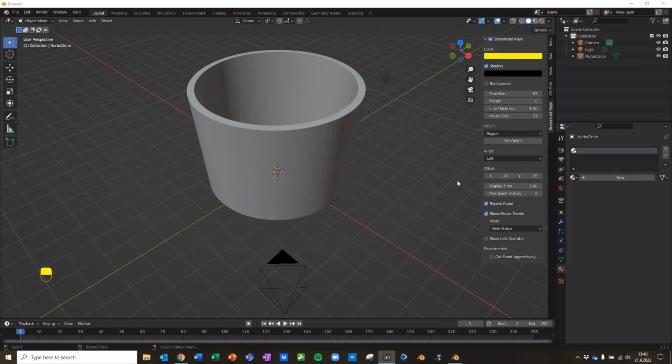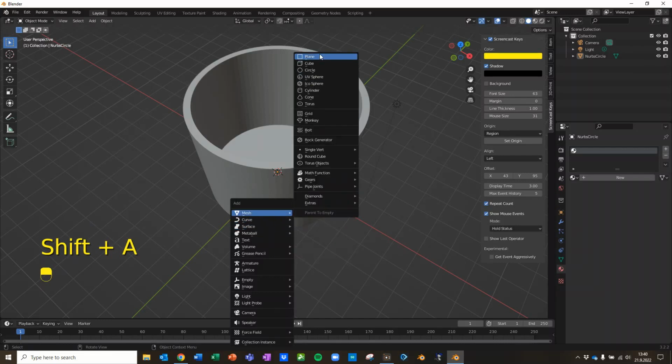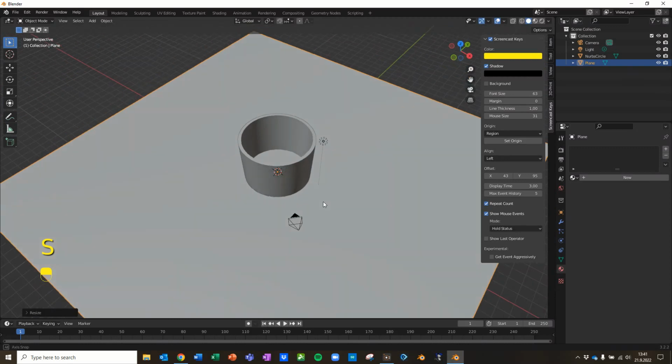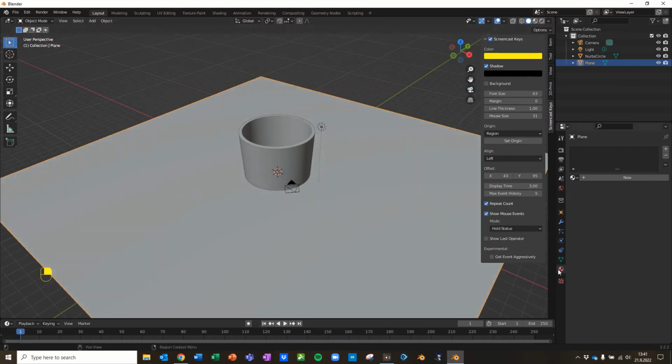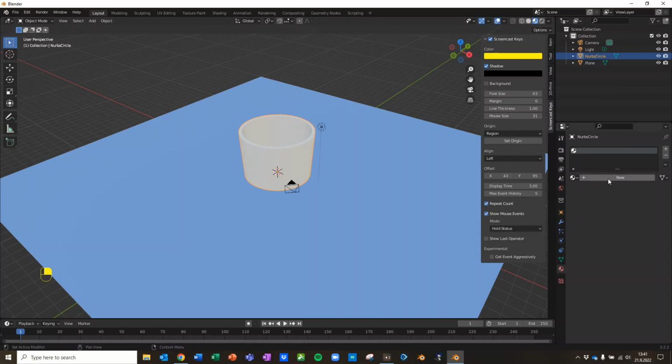The only thing I was going to show you at this point was how to make this into a real glass vase. So to do that I was going to add a plane and scale it up 20 times so that I have some kind of a table surface. Give this a material. I will just make it a color, a base color and a blue type, like so,